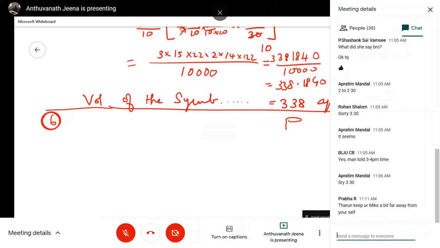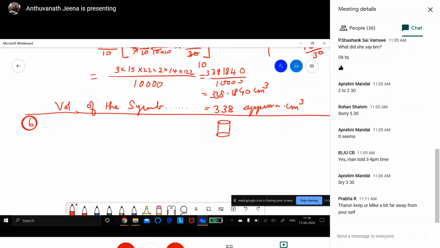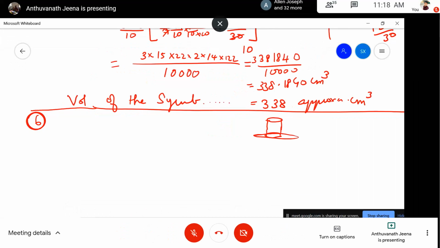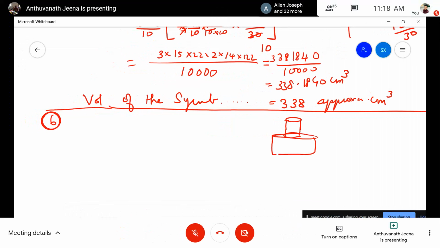Okay, next sum. Sixth sum. Fifth is easy. You can do it at home. Everyone will read, ma'am. A solid iron pole consists of a cylinder of height 220 centimeter and base diameter 24 centimeter, which is surmounted by another cylinder of height 60 centimeter and radius 8 centimeter. Find the mass of the pole given that...